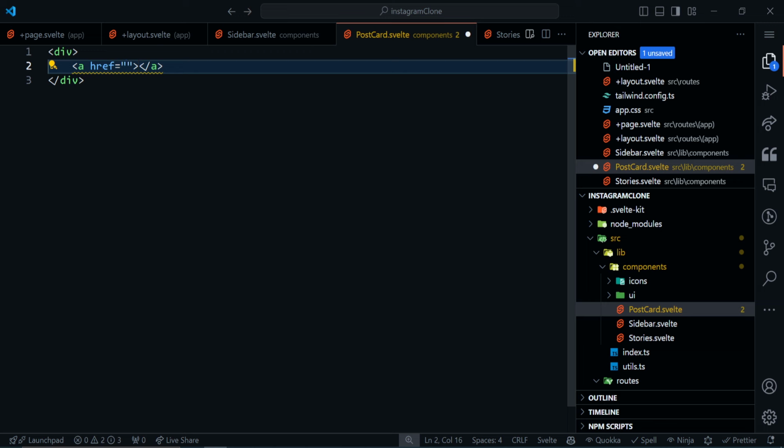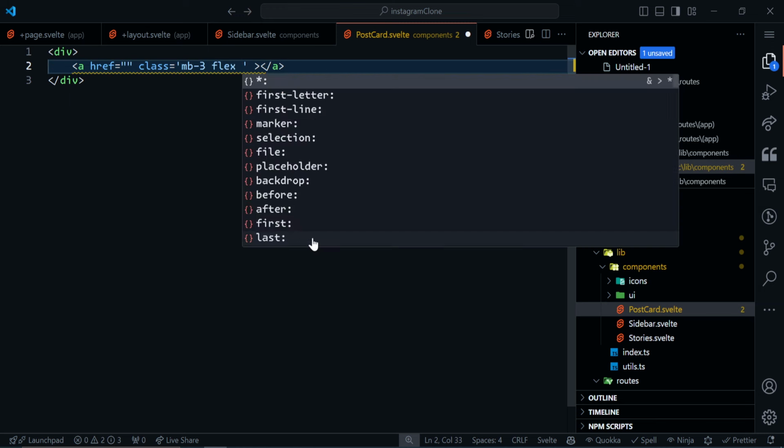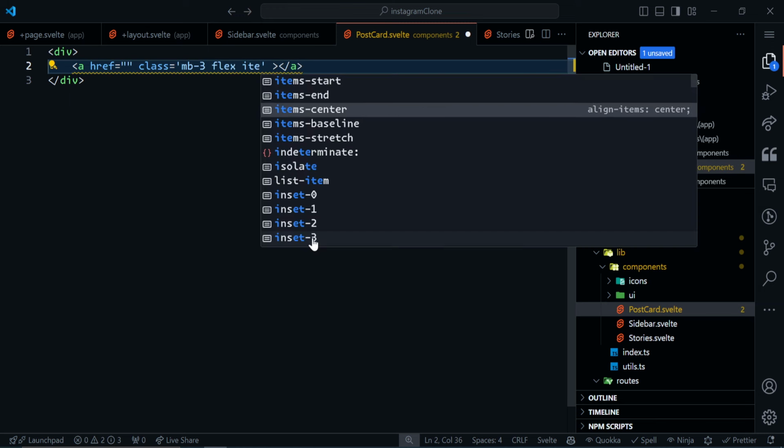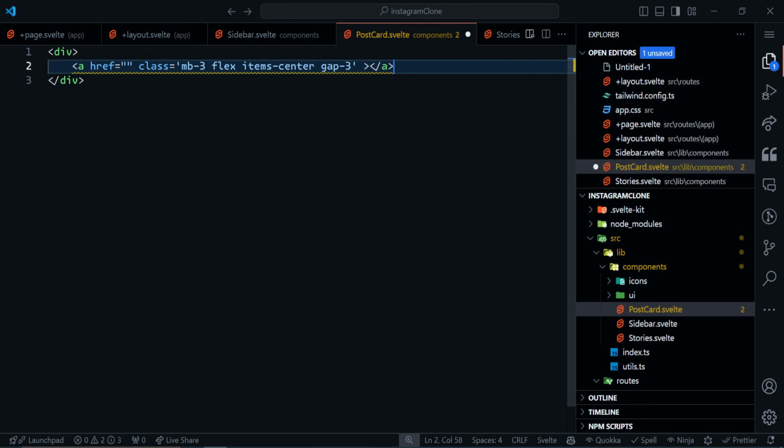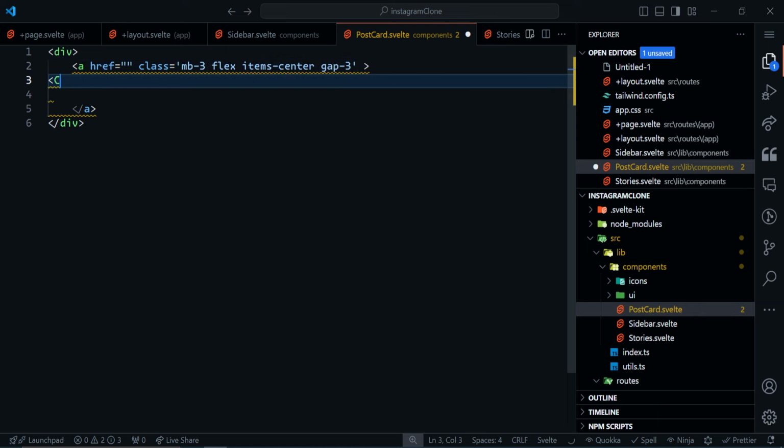So we give this a class of mb 3, flex items center gap 3, and in this a tag we have the circle user icon that we are familiar with by this point, and